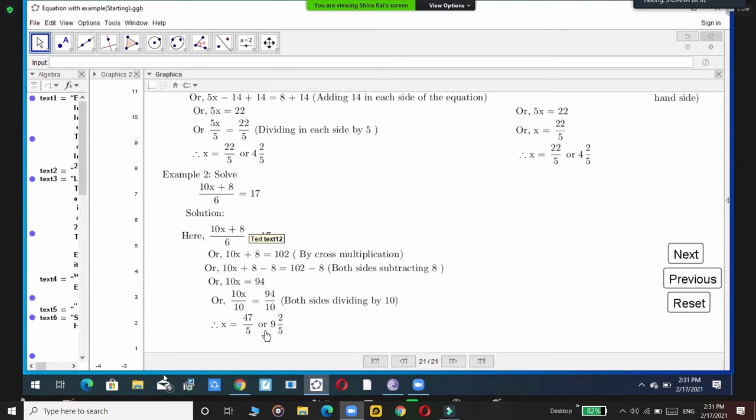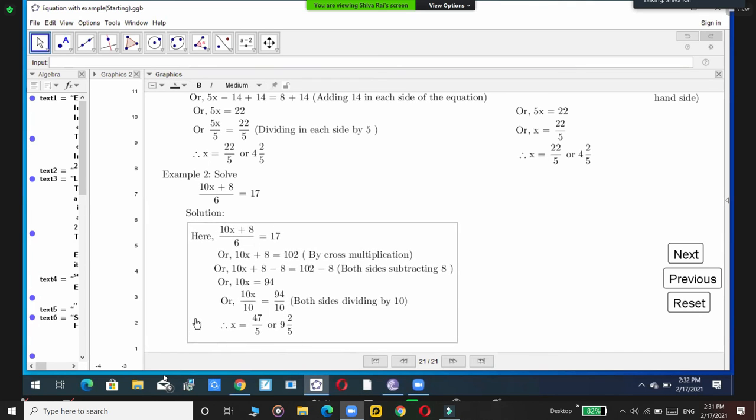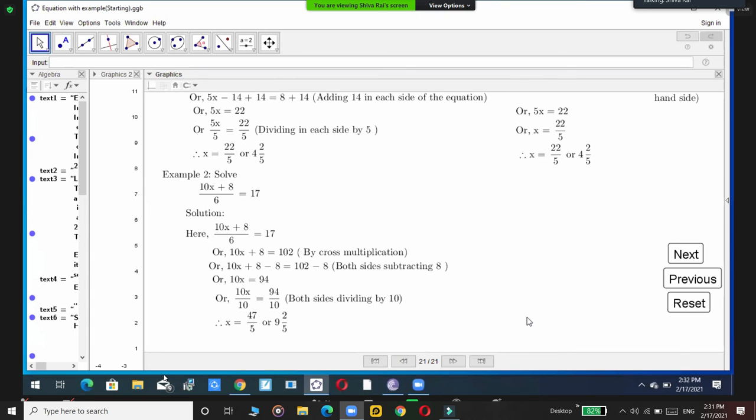Only 2 we can cut, not by other. So 2 times 4 is 8, 2 times 5 is 10. Now changing into a mixed number, we get 9 whole number 2 upon 5. 5 goes 9 times, and the remainder is 2. That remainder you always have to put in the numerator, and that divisor in the denominator. Now finished. But if you stop in this step, 47 upon 5.